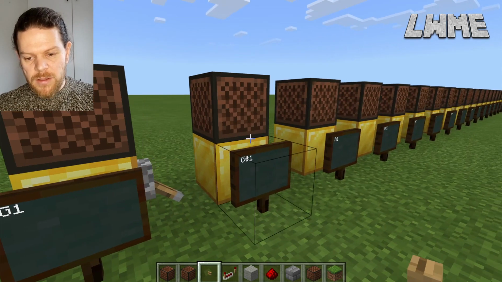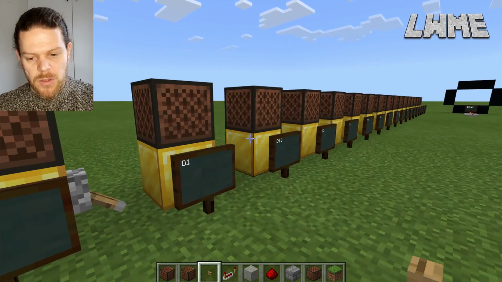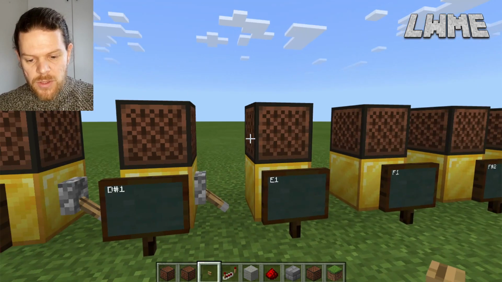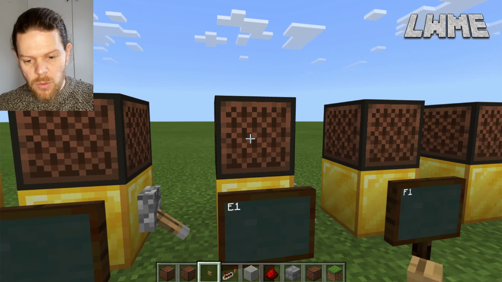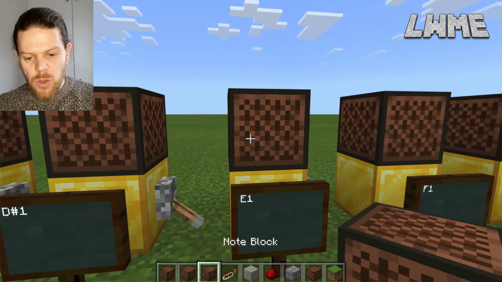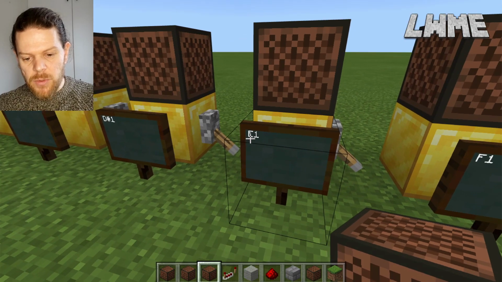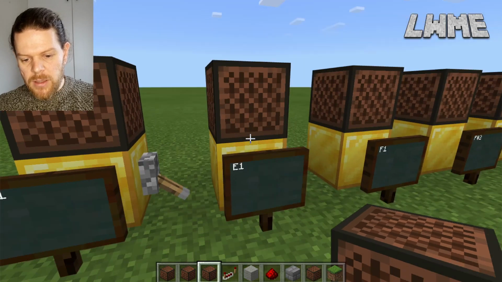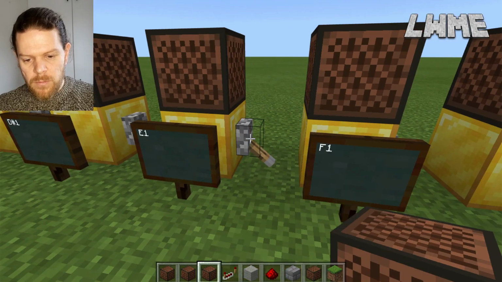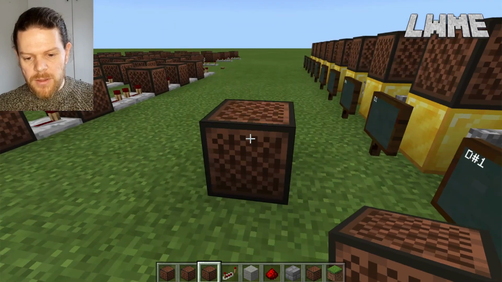The reason why this is really handy is because if your students are in this world, they can find the note that they want. Say that they want E1. They can walk up to that note, hold Control and middle click, and it will copy this note along with the data attached to it. So when they place that down, it will be an E1, or it will if it's on a gold block, which this one isn't.